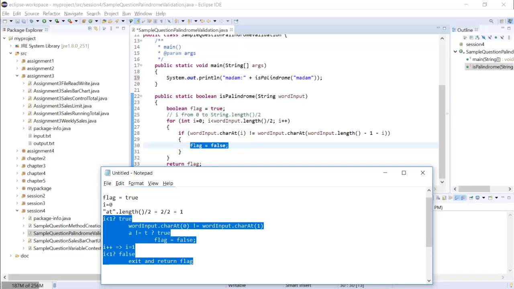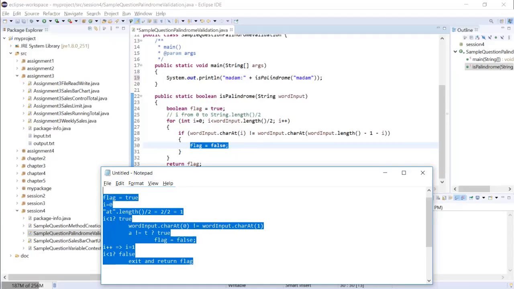So by going through this as if you are a computer, by going through the first few iterations, you will have a good understanding of how the workflow is. And usually, if you run into issues with a loop, this is how you are supposed to debug your issue. Run into the issue, then assume yourself as the computer. Get the initialization, get the test, go through the loop, go through the if conditions inside, statement by statement. And after you go through 2 or 3 iterations, usually you will be able to tell why the